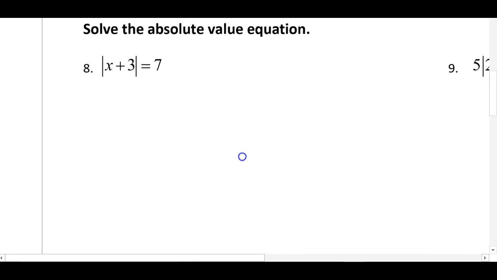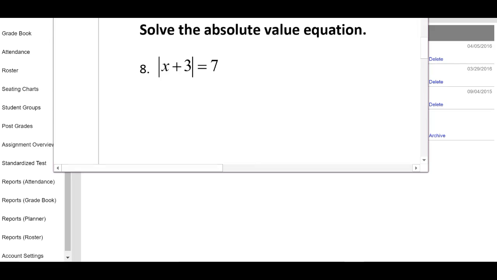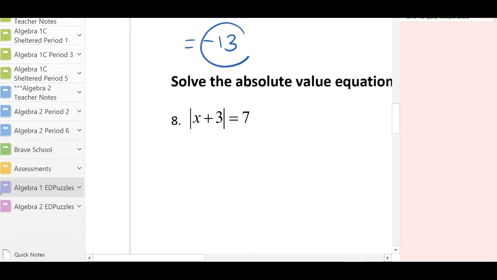Solving the absolute value equation. So you know if you have absolute value and you're doing an equation or an inequality, you're going to end up with two equations to solve or two inequalities to solve. Now here, before you split it,